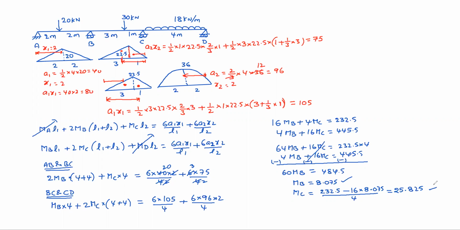After getting MB and MC moments, the reactions and all are the same. These are hogging moments. See, whatever moments we are getting, if you get a positive value, that is hogging. MB, MC, whatever moments we are getting, these are hogging. In the assumption itself, we are assuming those are hogging. Don't confuse that with sign convention. Positive moment means hogging here, so we assumed in the derivation like that only. So next, we'll see one more. Suppose you have a fixed support, what to do?